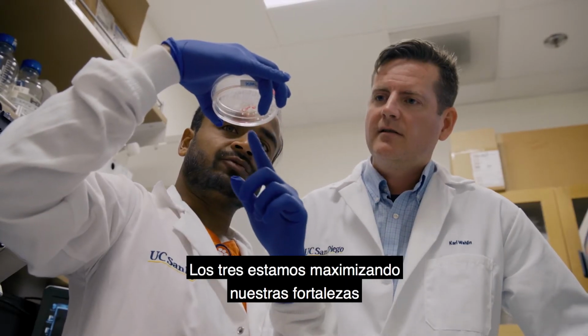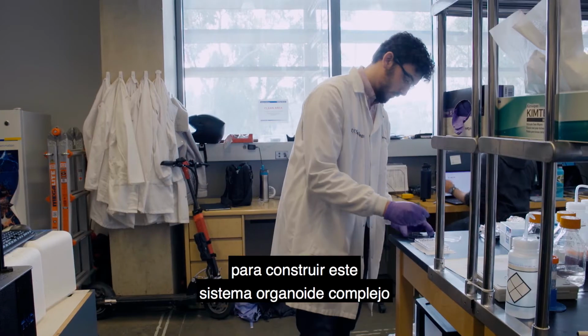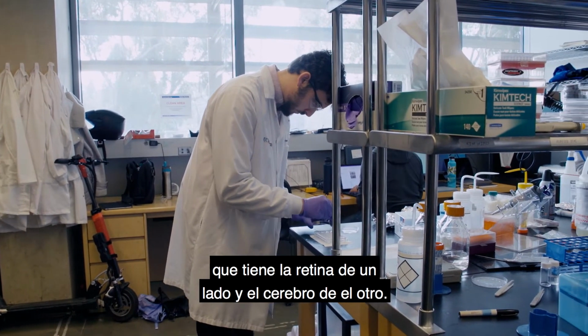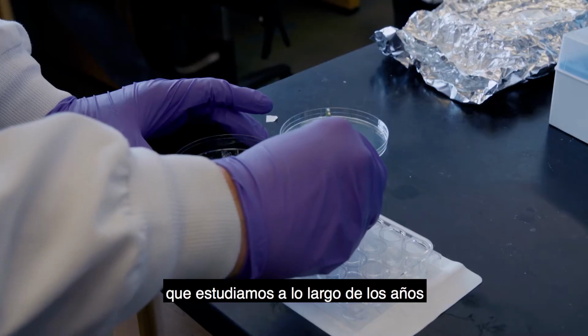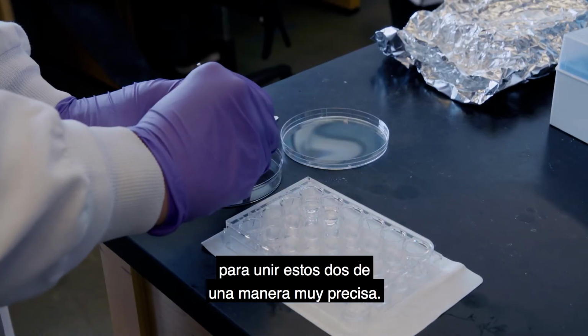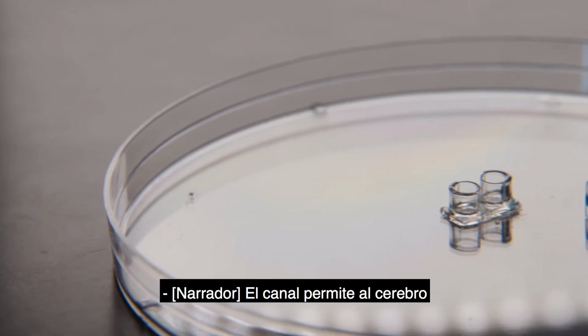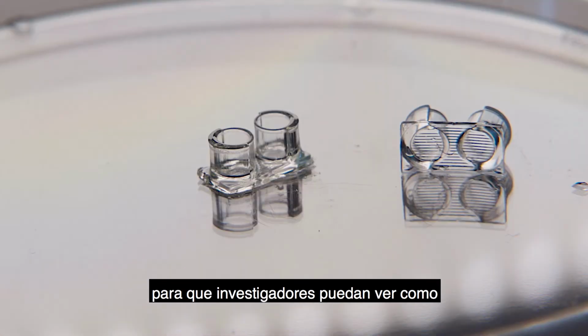All three of us are maximizing our strengths to build this complex organoid system that has the retina in one end and a brain on the other end. Then there's a channel with the biomaterial that we studied over the years to bridge these two together in a very precise fashion. That channel allows the brain and retinal organoids to form connections,